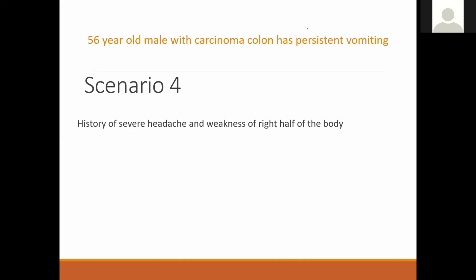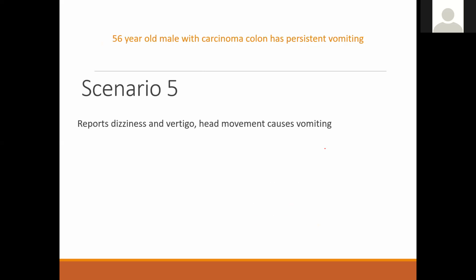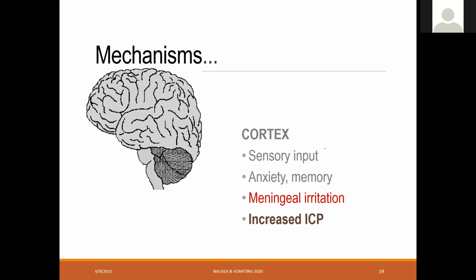Cerebral metastasis. Exactly, sir. So there is a raised intracranial tension. So the point is that here you can't just give ondansetron or metoclopramide. It is not going to help the patient. If you know that it is raised ICP or meningeal irritation, then we have to use drugs to reduce the raised ICP, mannitol or steroid.